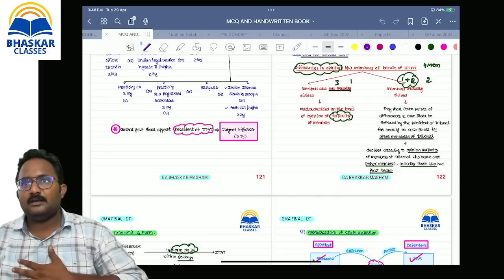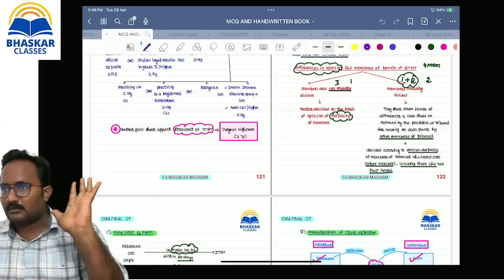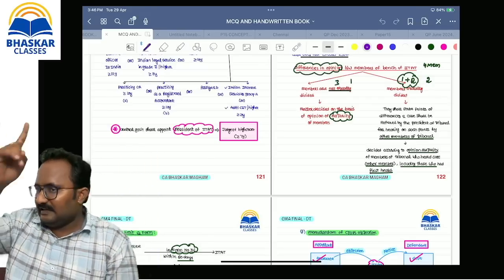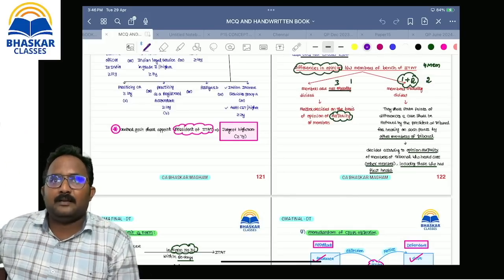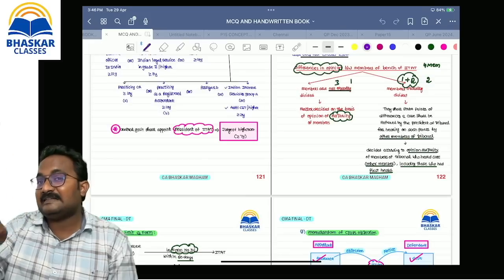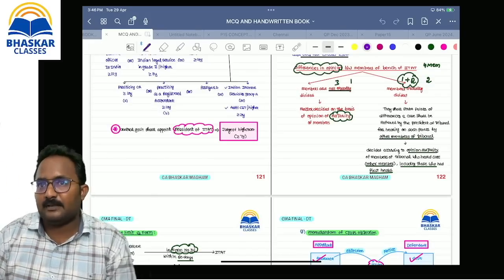In the appeals chapter, I have given the toughest questions from different sources. If you have the energy, you can try. Otherwise, you can ignore. But read the concept thoroughly. The 268A provision is very important for the next attempt. What is 268A? Regulating the appeals by the department. And the IT stay of demand provision is very important.